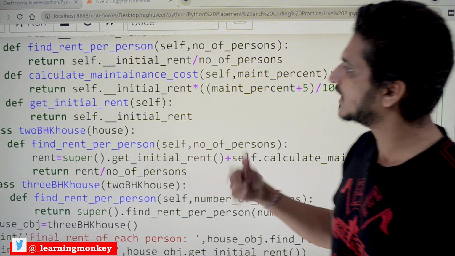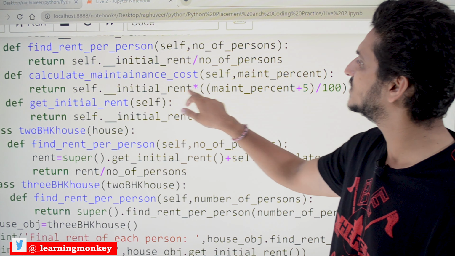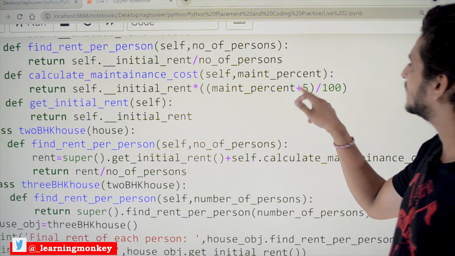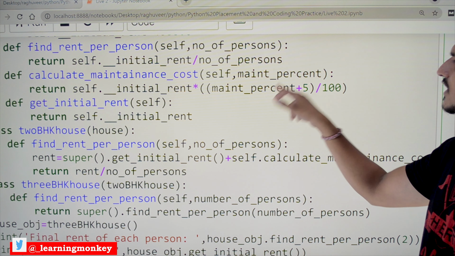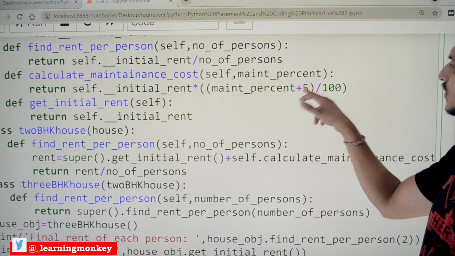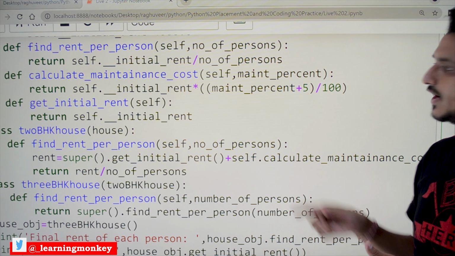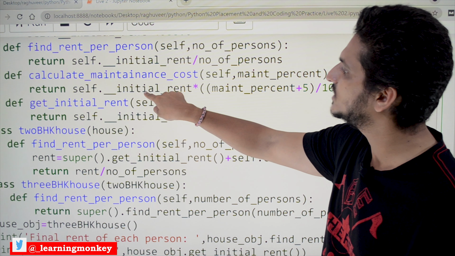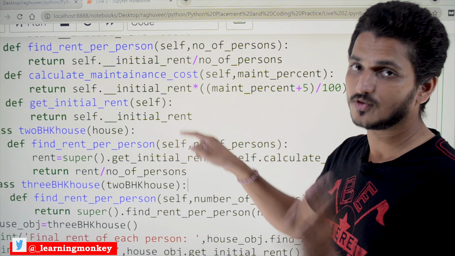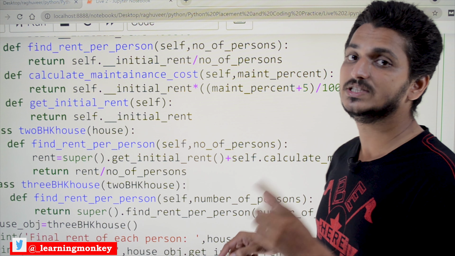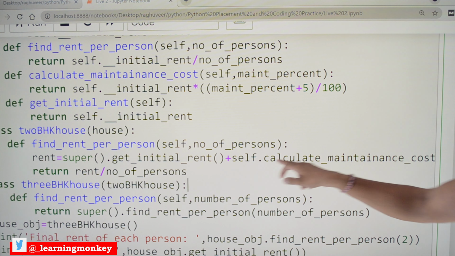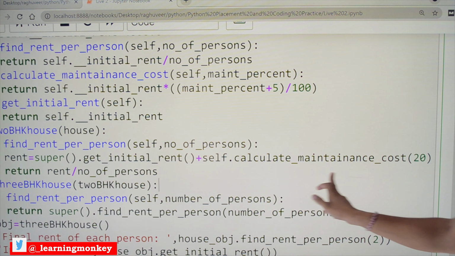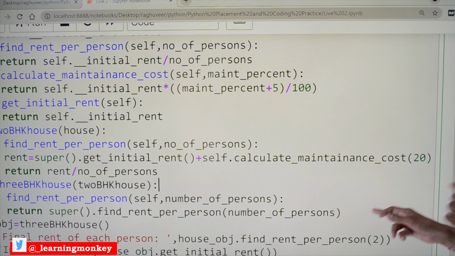So what is it calculating? It returns self dot initial rent into maintenance percent plus 5, which is 20 plus 5, which is 25 by 100, that is 0.25. It is multiplied with initial rent. Initial rent is 4,000. 4,000 into 0.25 is 1,000. It returns the value 1,000. So whenever self dot calculate maintenance cost of 20 is executed, it returns 1,000.